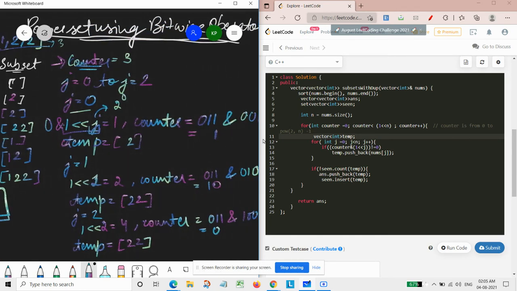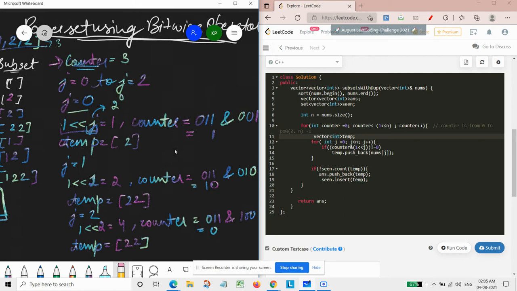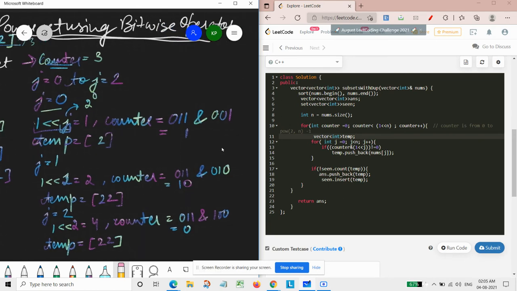So when we do AND, basically here the value was 0, right? We are not doing AND with 0, we are simply doing 2 raised to power 0, and when we are having counter value as 3 and we are simply doing AND with this, what we will be getting is 1.